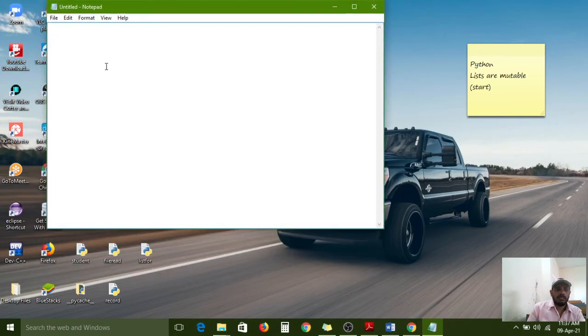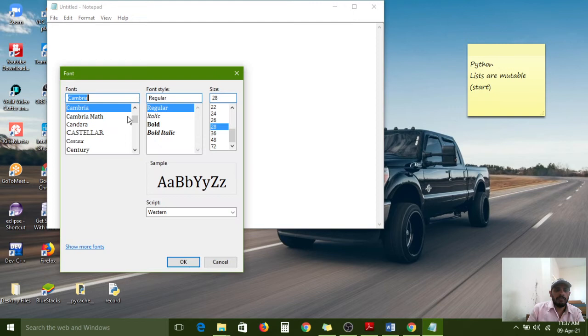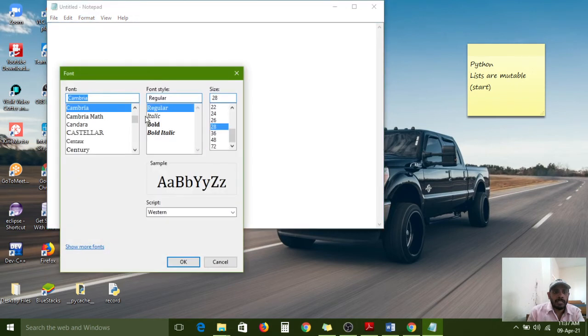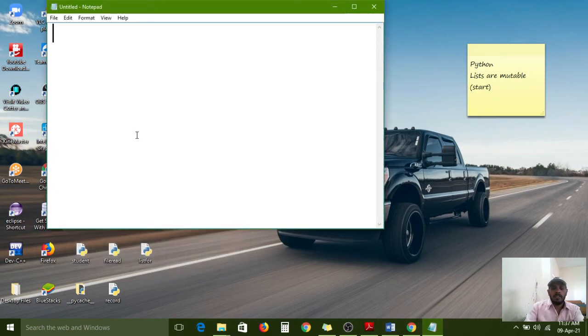So the font is also increased for your understanding. Okay, 28 font is already available, so no problem. In your system, if you want to increase the font, go to the Format menu and choose the Font option. In that, font style, font model and size are also available. Based on your requirement, select all those things and click on the OK button. Now the doctype declaration.